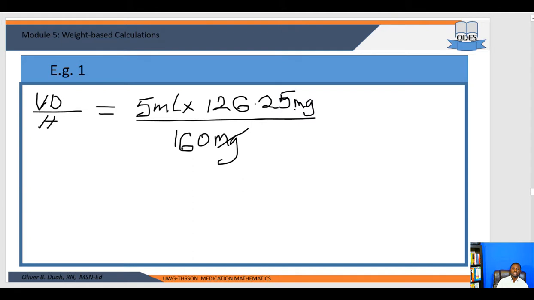So milligrams will cancel milligrams, and what we will have is times 5 divided by 160,